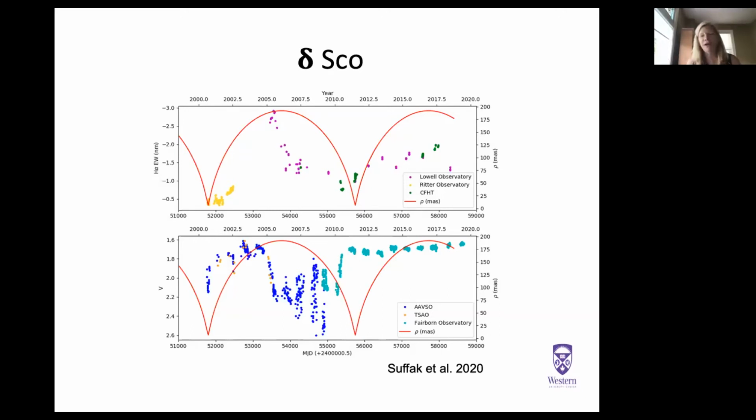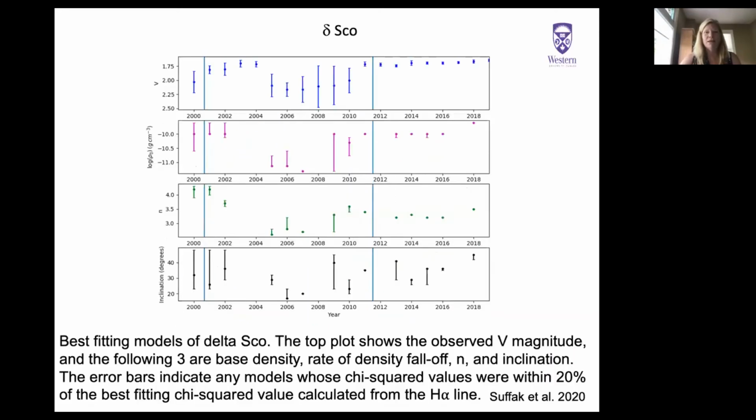So there'll be another close encounter in 2022, and we're very much looking forward to seeing what happens then. So here are some of the models my student did for Delta Sco, and maybe we'll just talk about